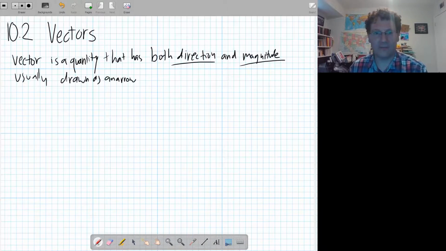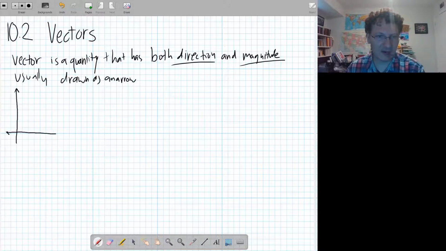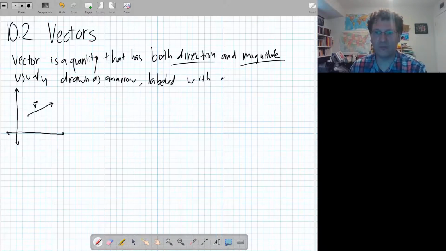So, for example, I'm going to put in some axes, just in 2D for the moment, but maybe this could be a vector, and we might label it with the letter v, labeled with either a bold lowercase letter,